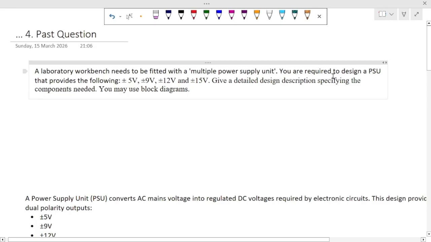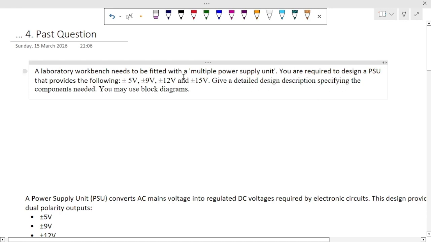We are required to design a PSU, power supply unit, that provides the following: positive and negative 5 volts, positive and negative 9 volts, positive and negative 12 volts, positive and negative what? 15 volts. So we have to give a detailed